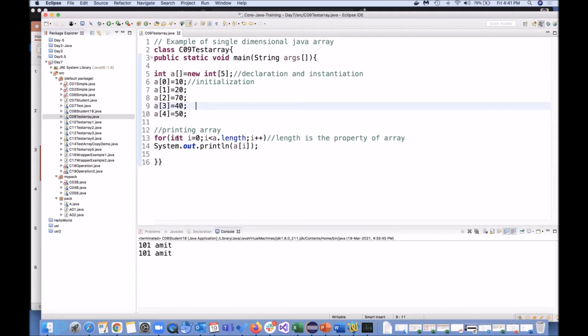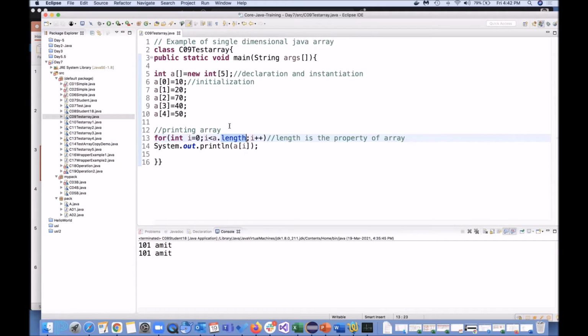And this is a for loop. I hope we have learned about the for loop earlier. This is the condition, and the condition is a dot length. Since this is an array, a dot length will automatically give me the length of this array, which will be 5.